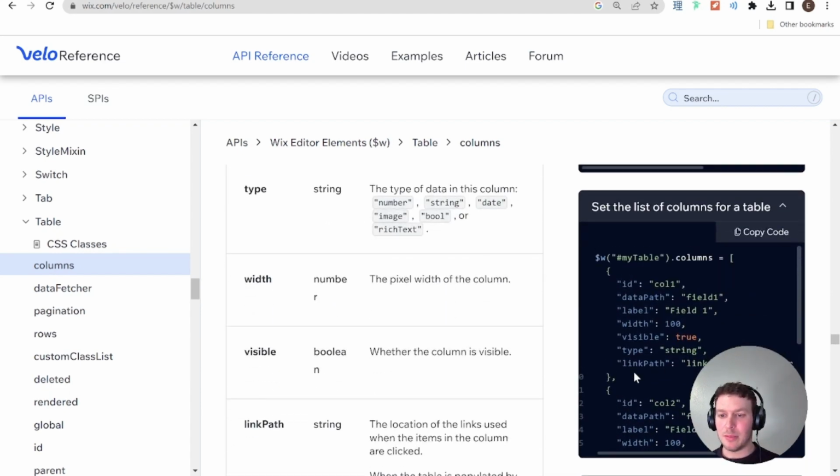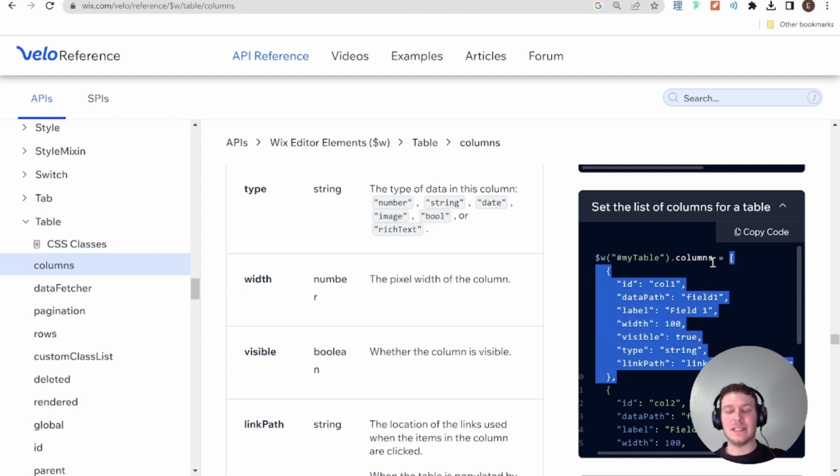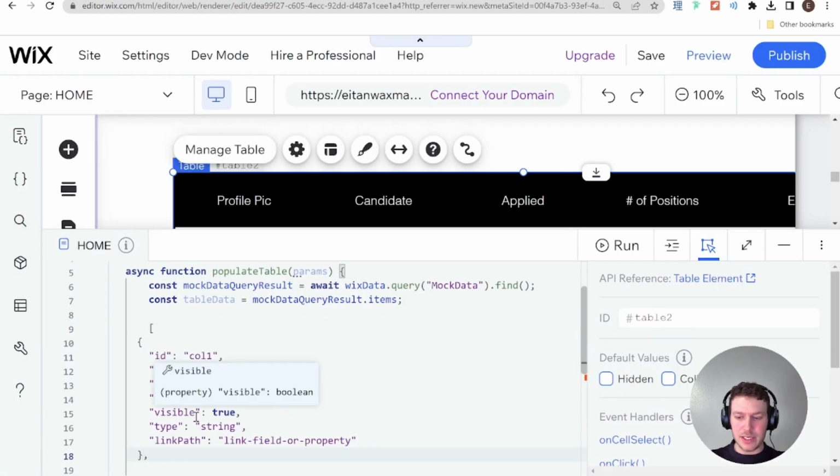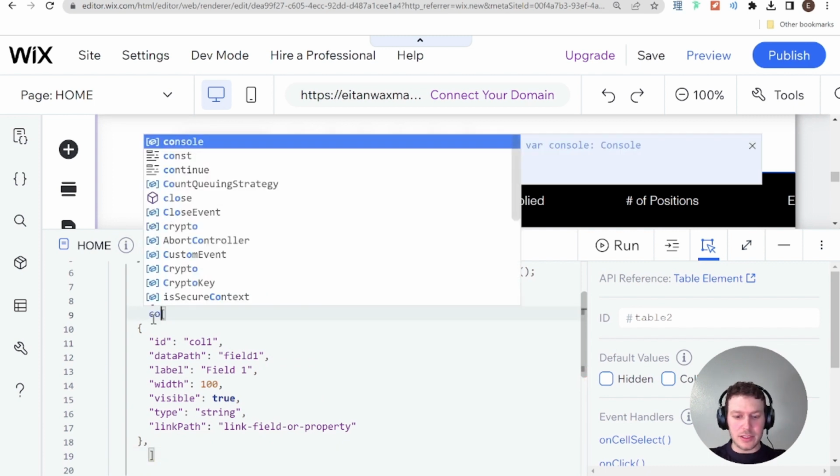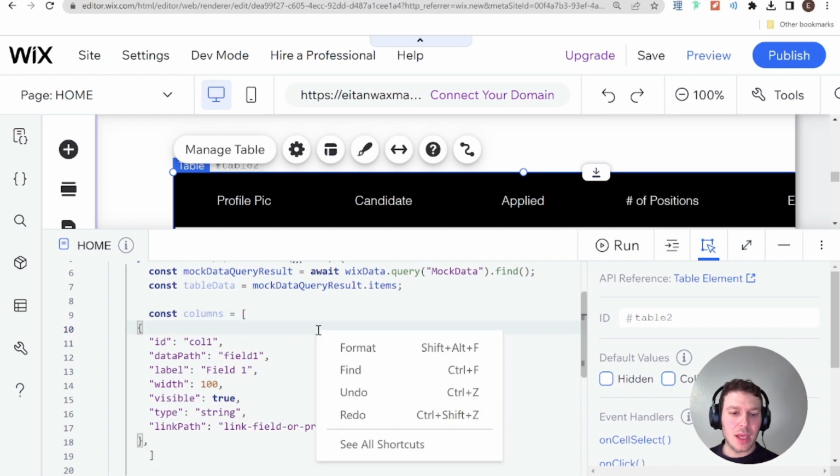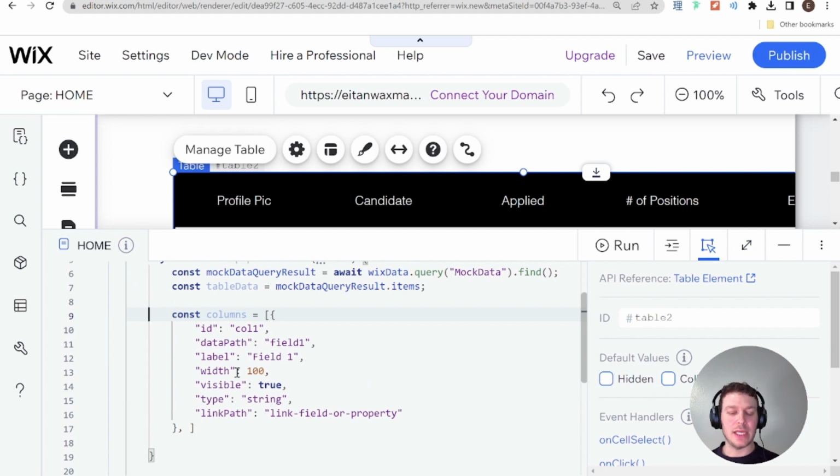So what I'm going to do is copy this over just to serve as the template for what we're going to be doing here. And this needs to be an array, so I'm just going to close off the array. And I'm going to say const columns equals. Okay? And we could choose to set it up like this, where we take each column that we know that we want to display from our data set, and we set it up by hand like this. So just for example, the ID here could be column 1 or whatever we want to do, and the data path would be, so for example, we're displaying first name, so the data path will be first name, and the label will be first name. The width will be 100, the type string, and for now, as I said, link path we're not going to really do. Okay, so that's how we would set up one column,